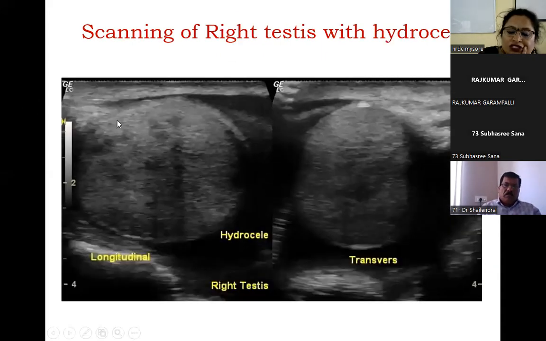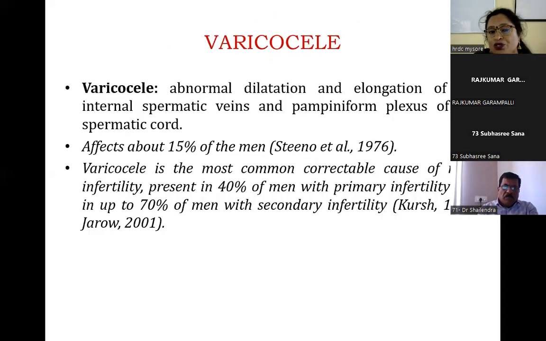Hydrocele in both, this is in the right testis, an enlarged and fluid-filled cavity. The scrotum will be swollen. Similarly, varicocele. Varicocele is an abnormal dilation and elongation of the internal spermatic vein and pampiniform plexus of the spermatic